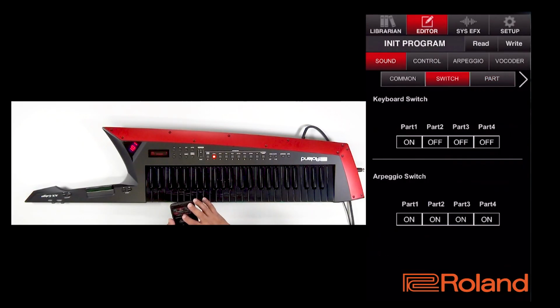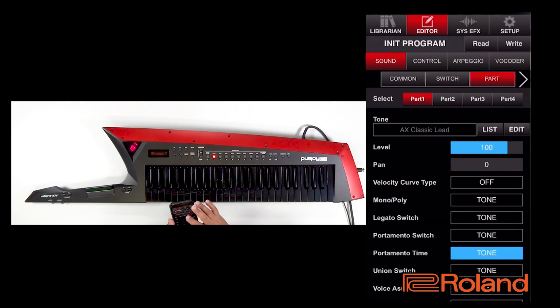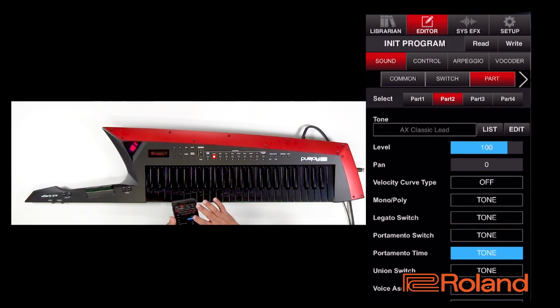So I'm going to go into switch, turn on part 2. And in this example, I have part 1 and part 2. And I'm going to leave part 1 on so I can really listen to what's going on. So I'm going to go to part. Make sure part 2 is selected, and I'm going to start finding another lead to stack on top of the previous one. So I'm going to hit List,